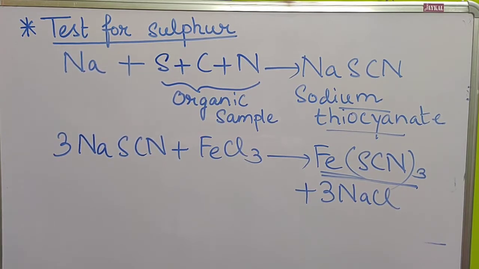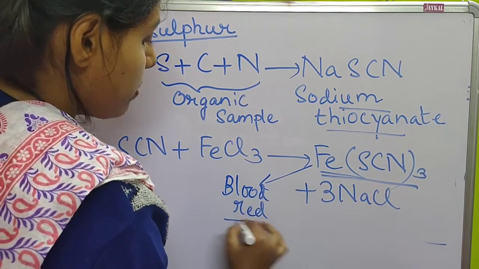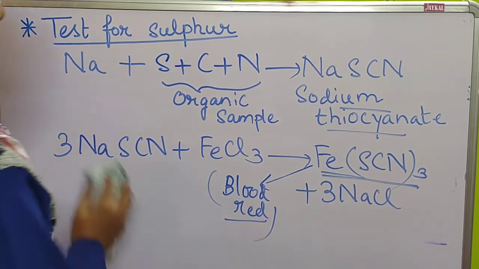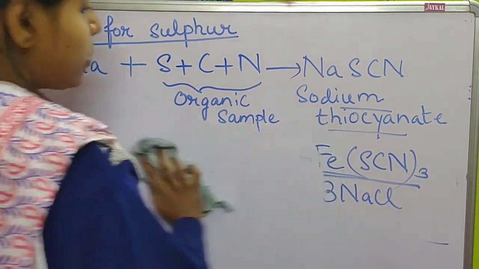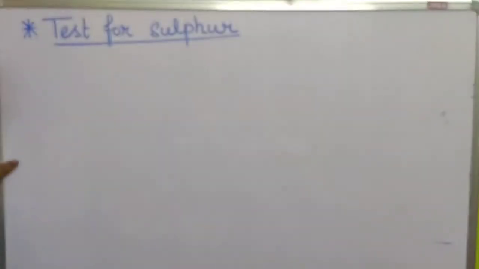So when the sample contains sulfur, carbon and nitrogen, and we carry out this test, if this compound is formed, a blood red color will be obtained. It will confirm the presence of sulfur in the compound. Next, if the organic sample contains only sulfur,